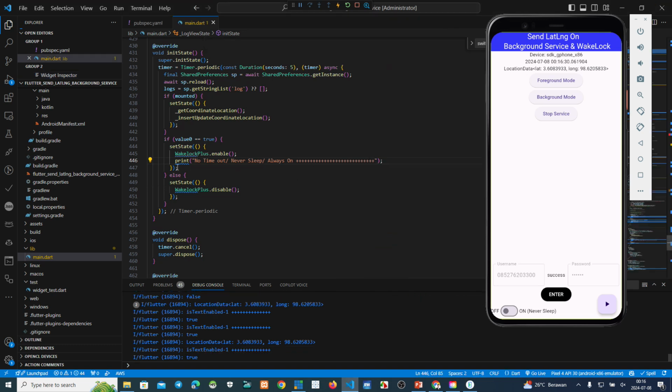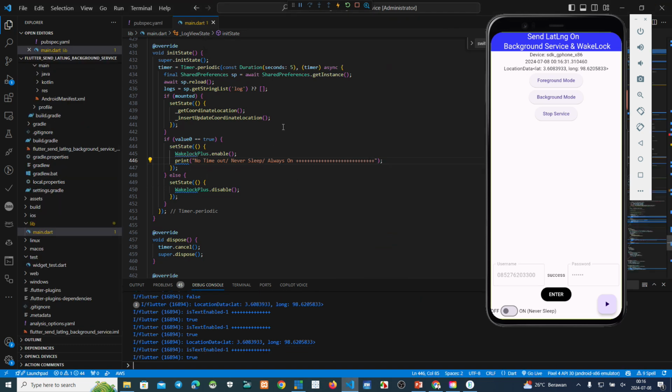Okay, now I have mentioned to you, if we see this information, no timeout, never sleep, always on, it means our plugin is on. Okay, click here on plugin.